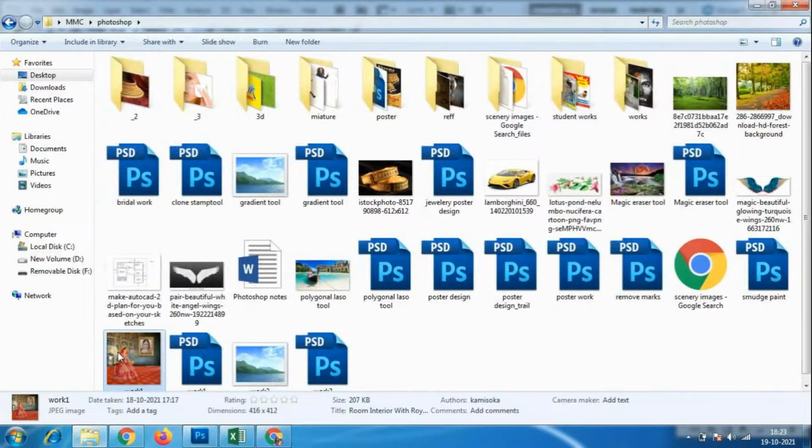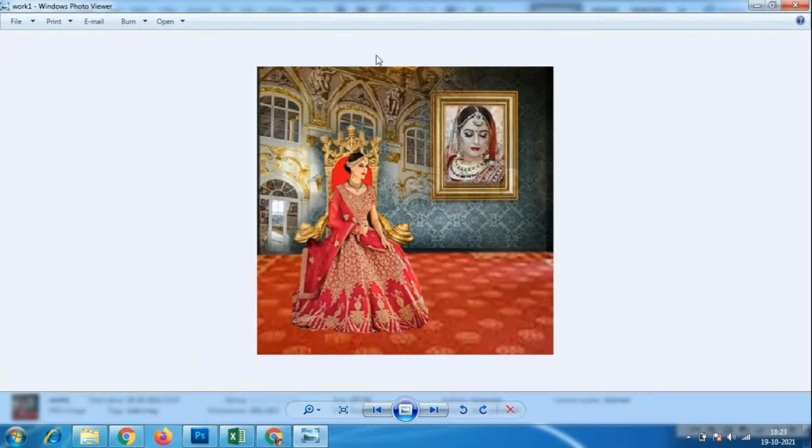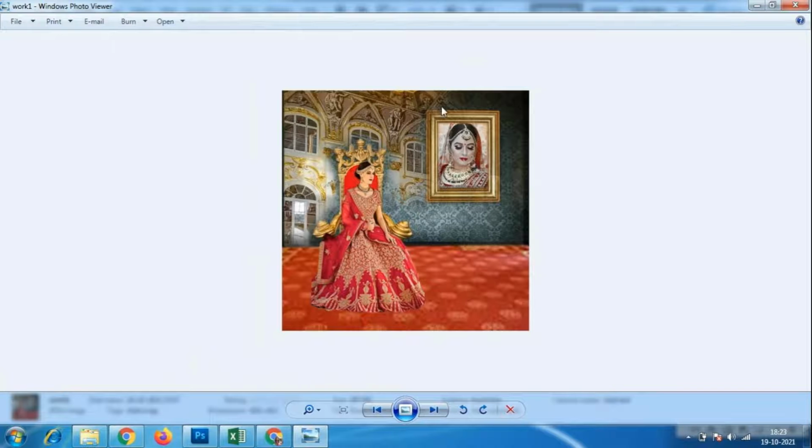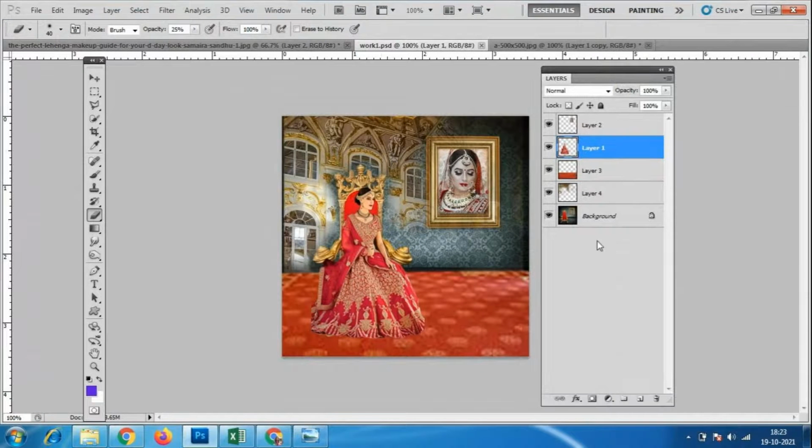Yeah, this is the output of that file. This is the file in which we made the changes. I don't want the JPG format itself. You are taking a photo and there is no need to send it to me like this. I want the Photoshop format with the layers. I want to see the layers like this. So this is the collage work. In this you have that bridal with the dodge tool, burn tool, and sponge tool. Whatever things you have used here, you can use for this bridal itself, and any changes you want to make, so collage work with the eraser tool.